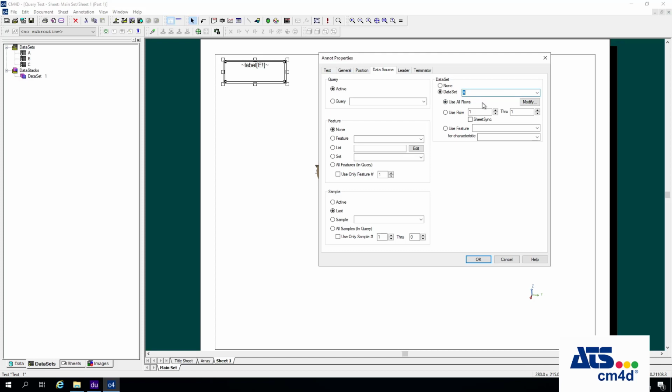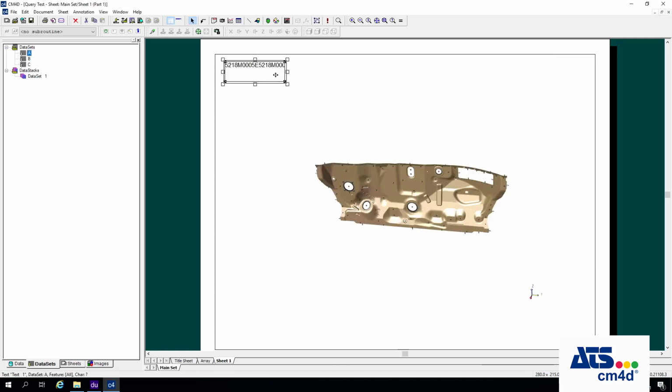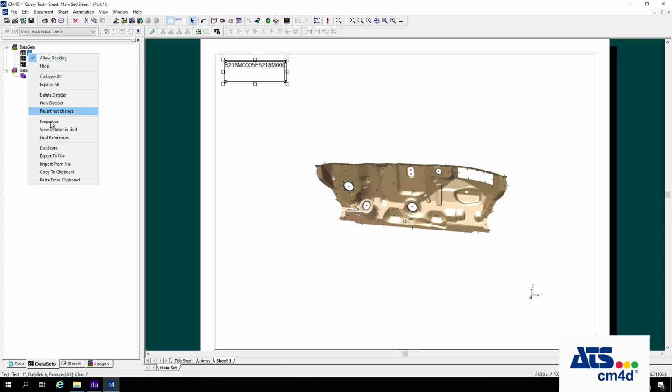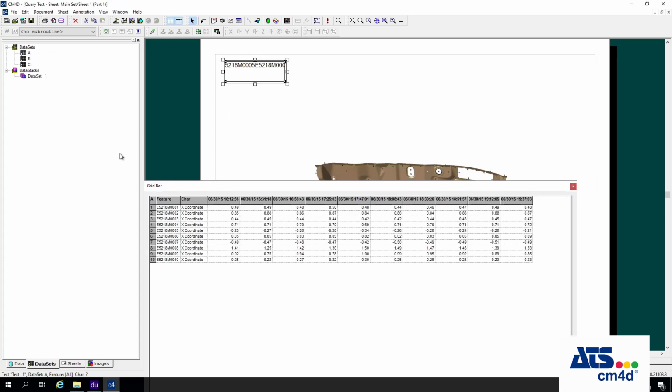Currently it's saying use all rows. So if we kept this option, it would basically try to resolve the feature names for all of the rows in this data set into one text box. I guess I can show that briefly if I use this and say all rows. If you notice, it kind of runs on. You'll see like the names blur together. That's because it's trying to put all feature names for all, if I right click and go to view, data set and grid, all 10 of these rows, it's trying to put all 10 of these names